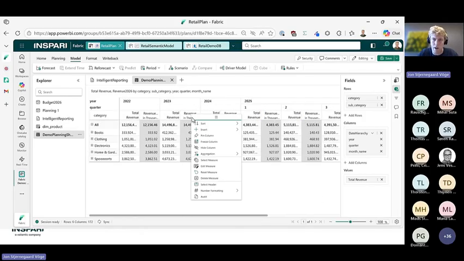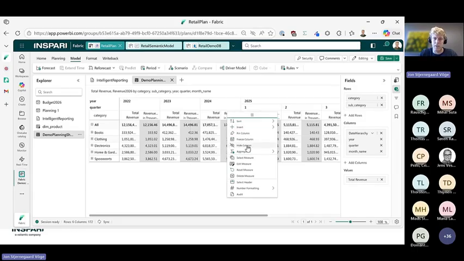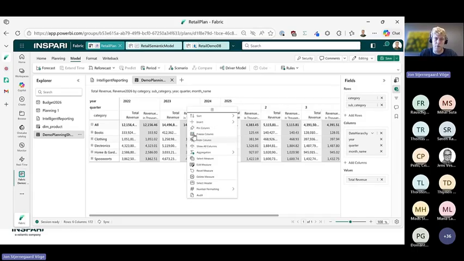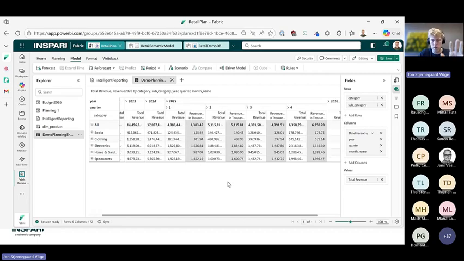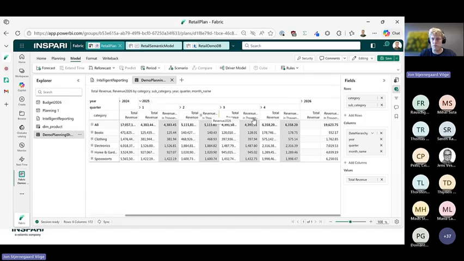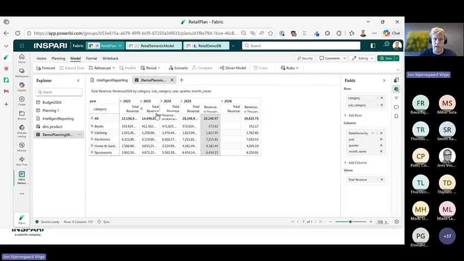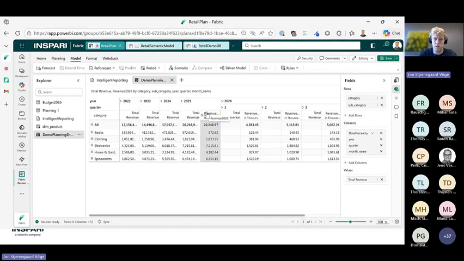For example, if I don't care about the forecasted value back in 24, 23, 22, I can hide these just to give you a glimpse of what's available in here. I can freeze, hide, create aggregations on top, format, all that kind of stuff that you're used to from Excel. I only want to see this forecast for my future year. So really, I should maybe hide it from 25 as well and just show them from 26.